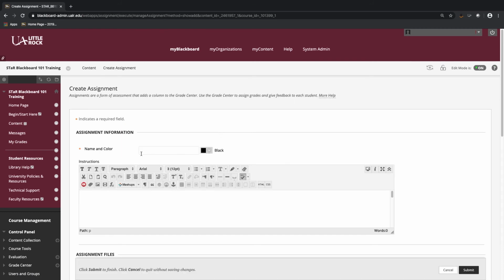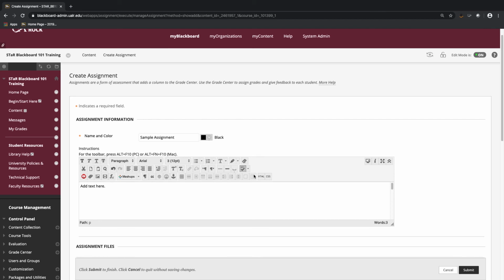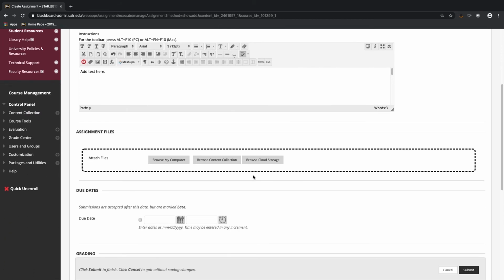Start by giving the assignment a title. Add text to provide assignment details or instructions. You may also attach files from your computer. After you've added your assignment instructions, enter the due date,